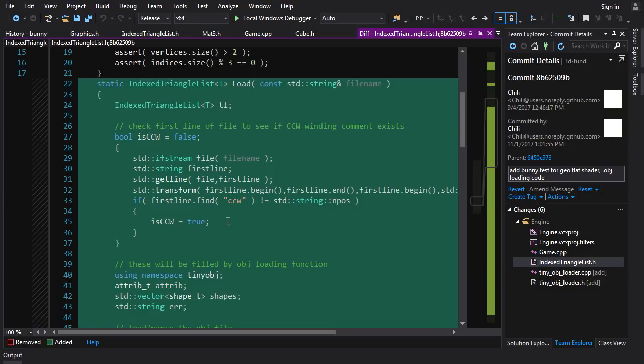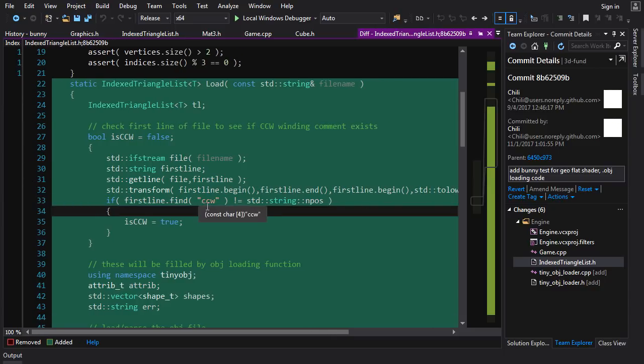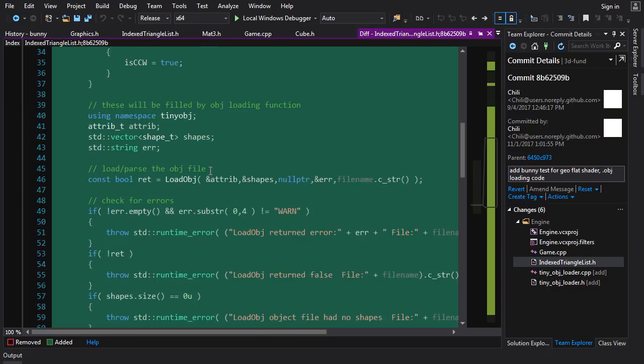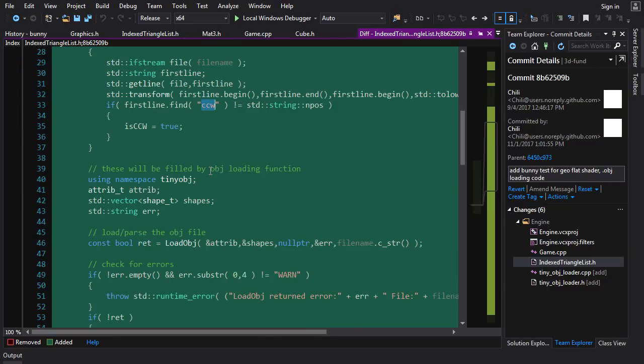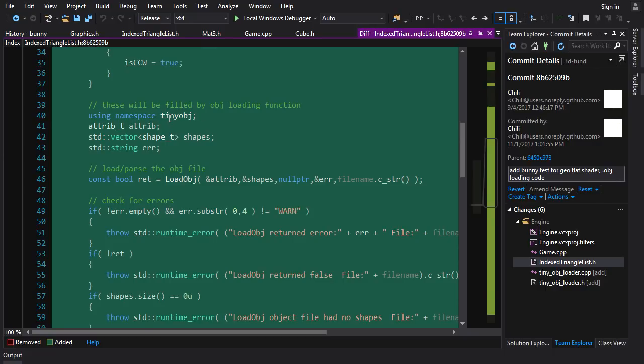So I've added a little extension to the file format where if the first line contains CCW, then it will be determined to be a counterclockwise winding model. And that's easier than me just converting all the models I download off the internet so that they all have the same winding. So you create, using namespace tiny object,